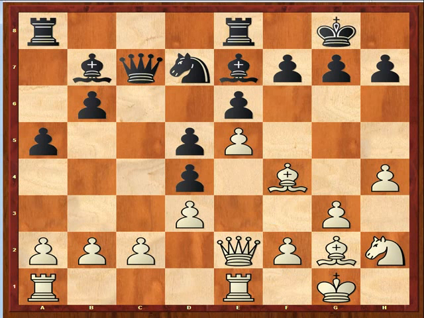Black's open c-file is an asset. You know, he's got some things going for him. And White's kingside play isn't too dangerous yet. So I think both sides can be happy. So if you don't mind this position with Black, if you don't mind being attacked, that is, then you can